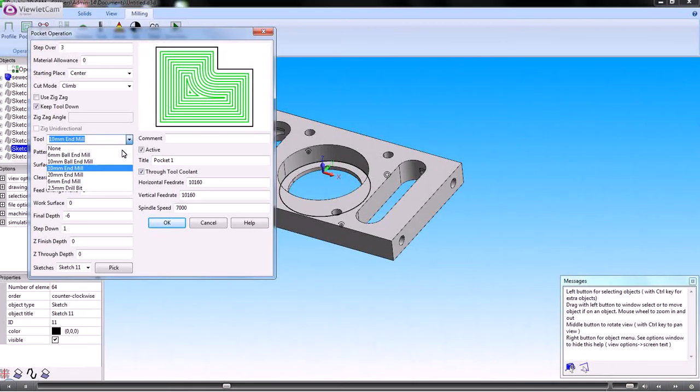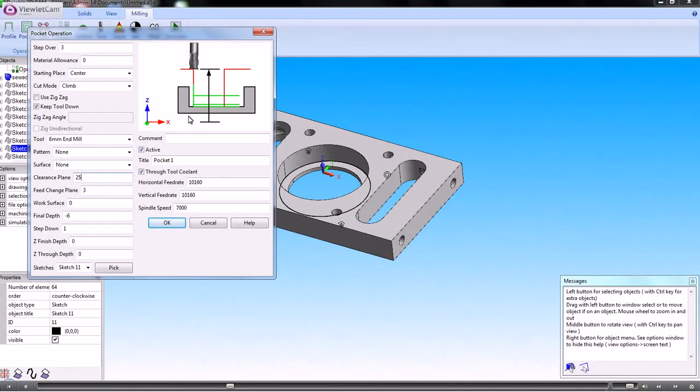Choose the tool we're going to use. We're going to use a 6 millimeter end mill. The clearance plane is a position above Z0 where it's clear of any clamps or fixturing, where it's safe to rapid. The feed change plane is above Z0 where the tool will change from rapid into a feed rate. The depth is how deep I want to go, and the step down is the number of passes in the Z axis. If I need it to go past the bottom of the feature then I can add a through depth onto that. So if we click OK to accept the defaults there,